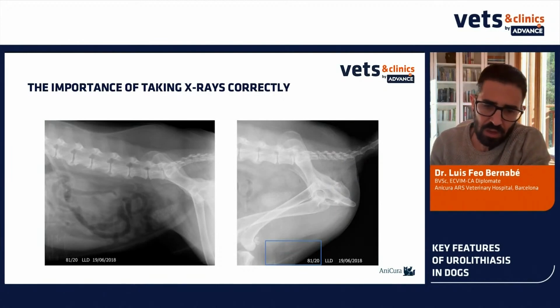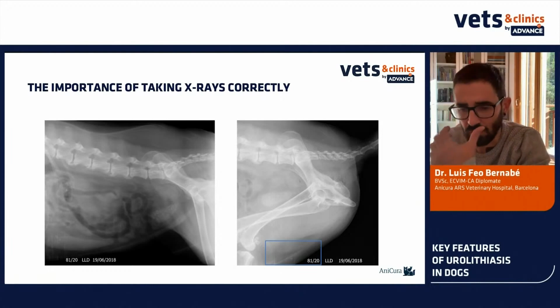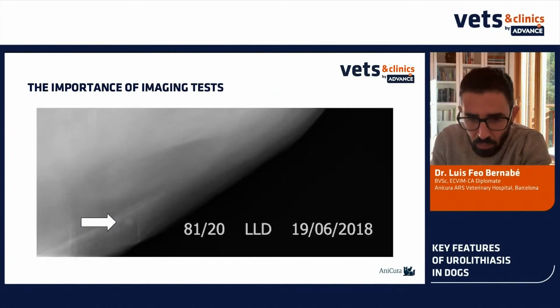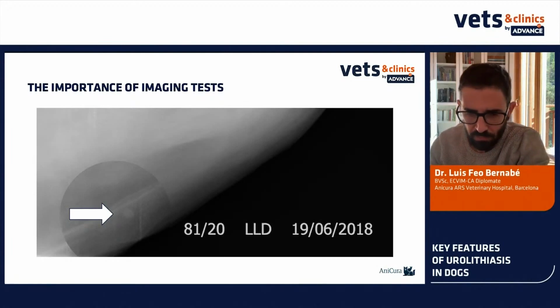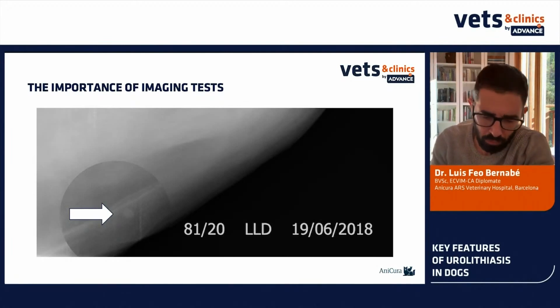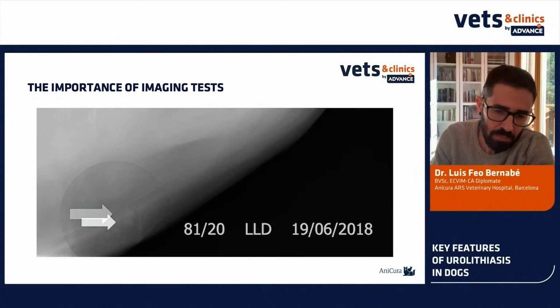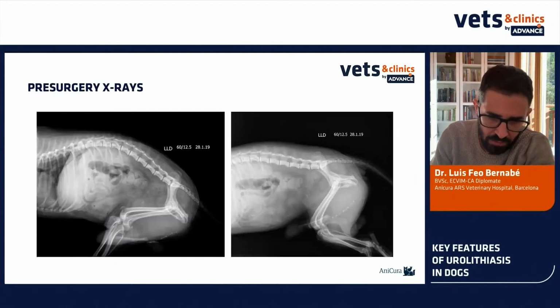So as you can see in the radiograph on the left, this is a radiograph of the abdomen, and sometimes we fail to include the whole urethra, and there are many calculi or stones that you can find in the urethra. That's why it's very important to do a second radiograph, as you can see on your right, where maybe you can have a urolith in the distal part of the urethra. So I think it's important, when we are doing radiographs for uroliths, to include the complete urethra, because sometimes the calculi or the urolith is there.